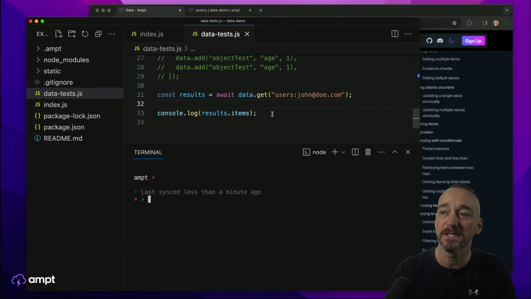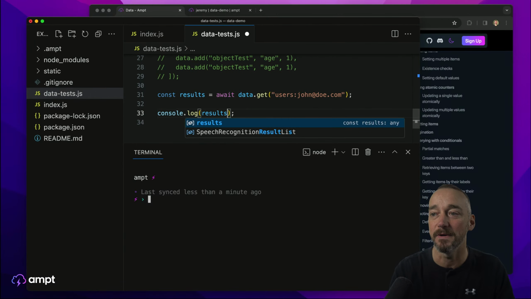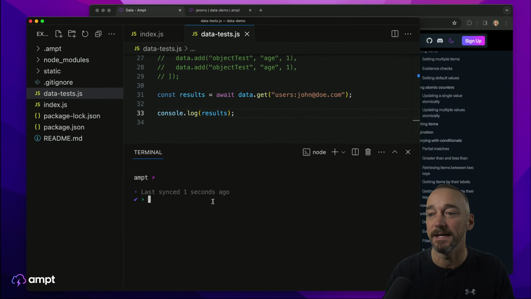So going back to here, this was what happened last week, is that I was trying to grab users, john@doe.com, and then I was actually trying to access the .items underneath that, and that doesn't exist when you query for a single item. So if we run this again, this should go ahead and